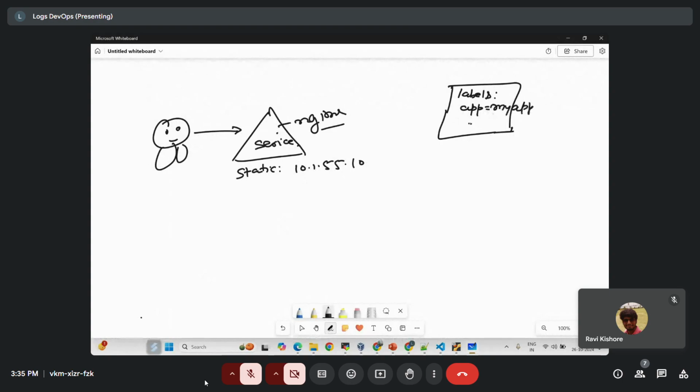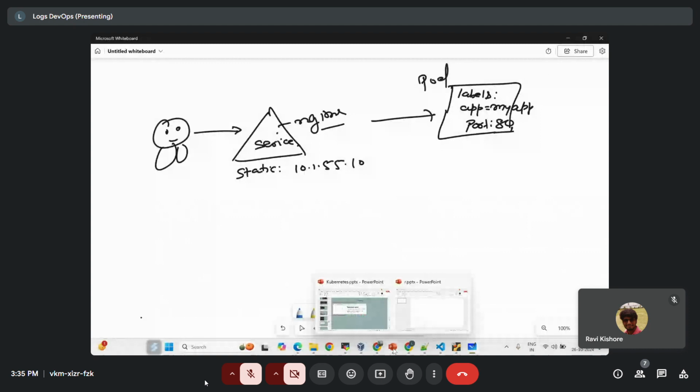And here the port will be available, suppose 80. Okay, this is port 1. On port 1, if you see,